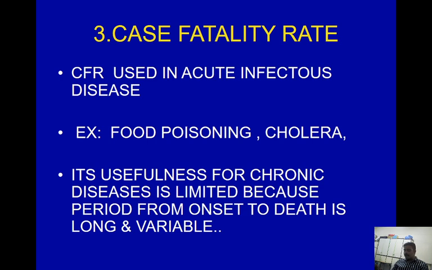Say for example, in a very crude example, there are 1,000 people having hypertension in the community, out of which 30 died. Right? So 30, how did they die? 5 of them died because of road traffic accident. Out of the remaining 25, 5 died because of MI, 10 died because of stroke, and 5 died because of chronic kidney disease. So it becomes very difficult to attribute the death to that particular disease, right? So you cannot. That's why most of the time case fatality rate is used mostly in acute infectious disease,